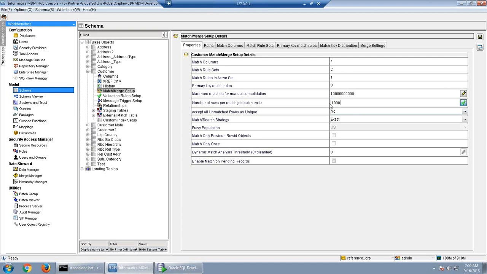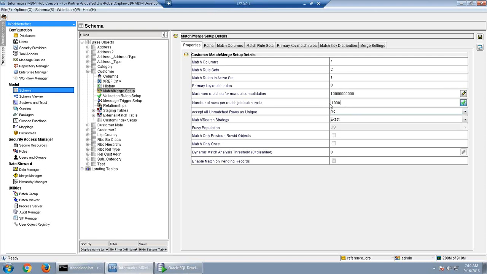But in real time, we might say run it 2 times, because suppose there are millions of records, for example 50-60 million records, and if you run the match job, it might slow down the system, because probably the system is not capable of handling so many matches, or it doesn't have that much memory to match that many records. So the system might hang, or the match might keep running for days.